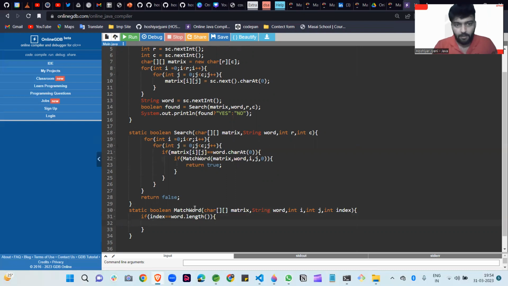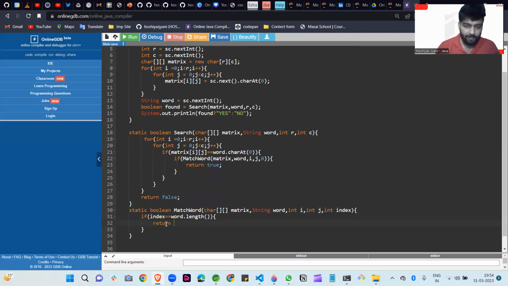Otherwise this creates an infinite loop, because you know very well recursion calls itself again and again. So a base condition is necessary for doing the question. Like if we find our word length equal to the index, at that time we can simply say that we found our word and we simply return true from here.